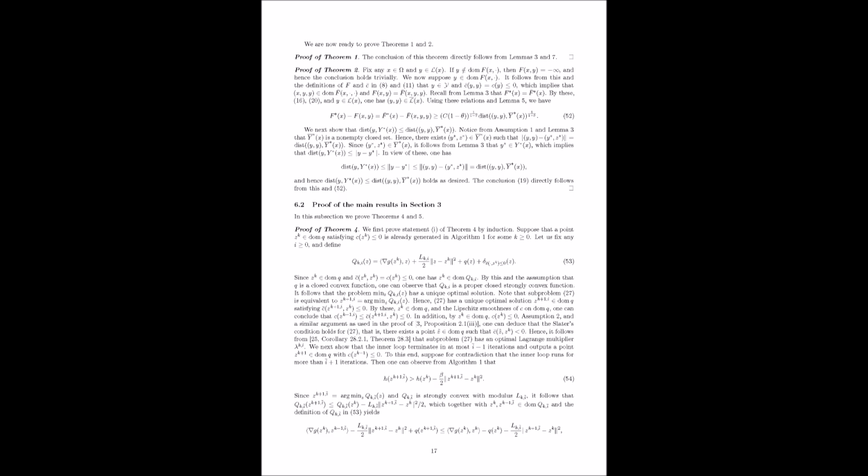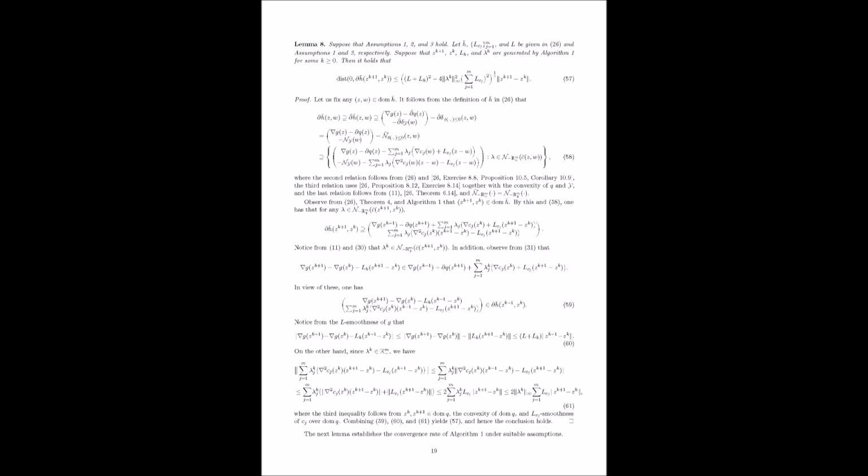Wait, let me reread the theorem statement's dependency. The theorem bounds the number of iterations k needed to reach the stopping criterion with tolerance tau. The complexity depends on how the decrease relates to the previous gap. Using the potential decrease, alpha times dist of partial h at z_{k+1}, and the KL property, we get r_k minus r_{k+1} at least alpha c_2 r_{k+1} to the power of 2 theta. This is the key recurrence. Okay, so r_k minus r_{k+1} at least c r_{k+1} to the 2 theta. How does this lead to the iteration count? This is a standard argument for KL convergence. If 2 theta equals 1, i.e. theta equals 1/2, you get linear convergence of r_k, which means O(log(1/tau)) iterations to get r_k below tau.